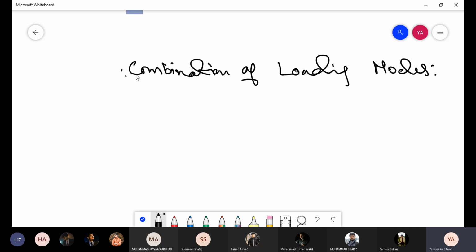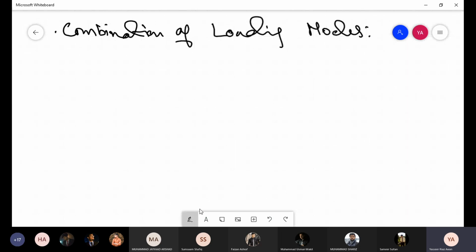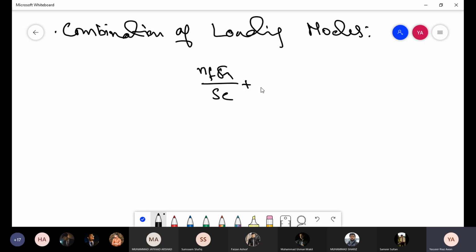Everything that we discussed previously was only applicable to the cases of pure axial, pure torsion, and pure bending. Now, basically, we want to know, for example, if we want to apply this equation,